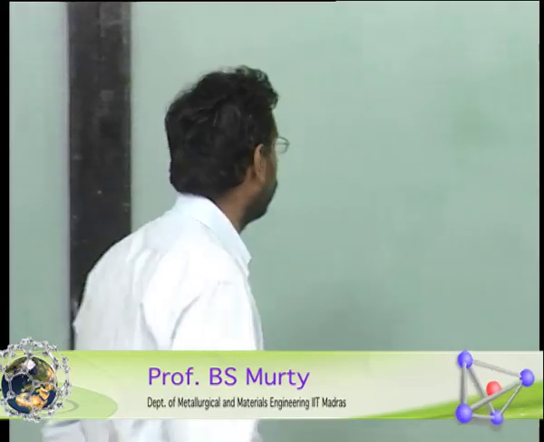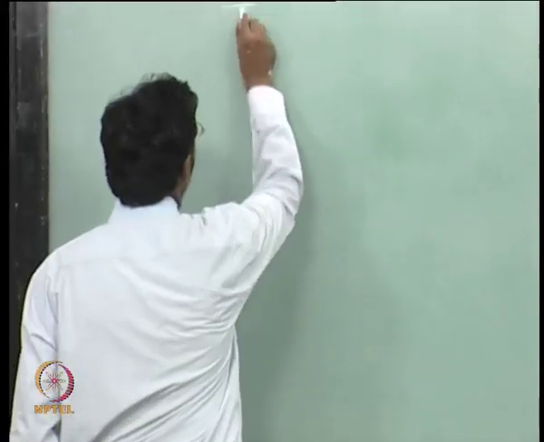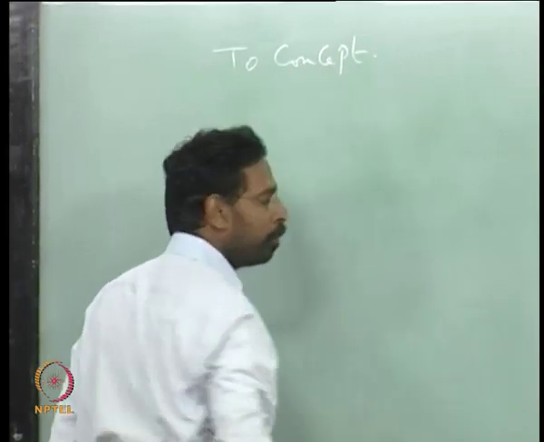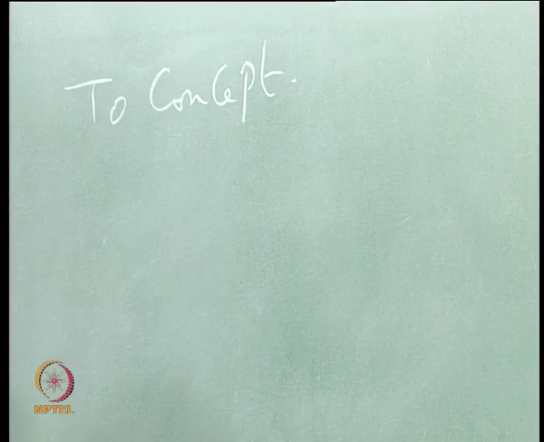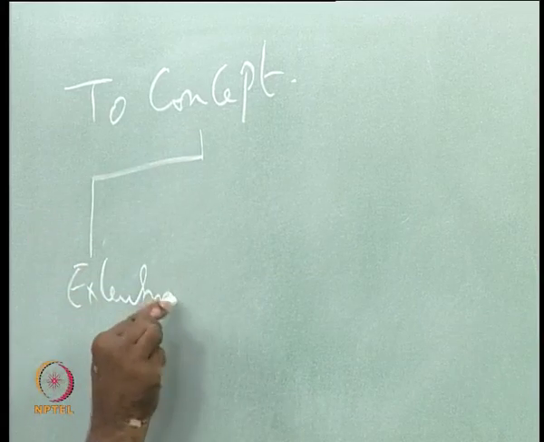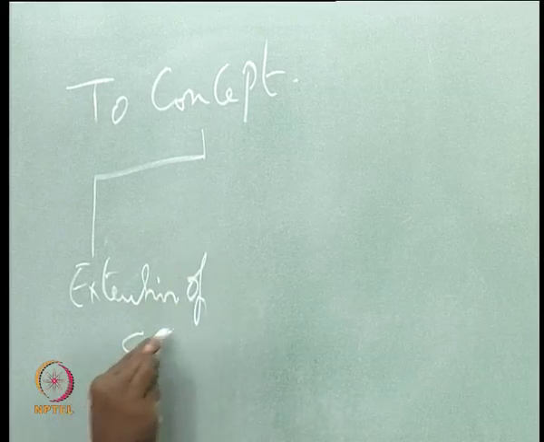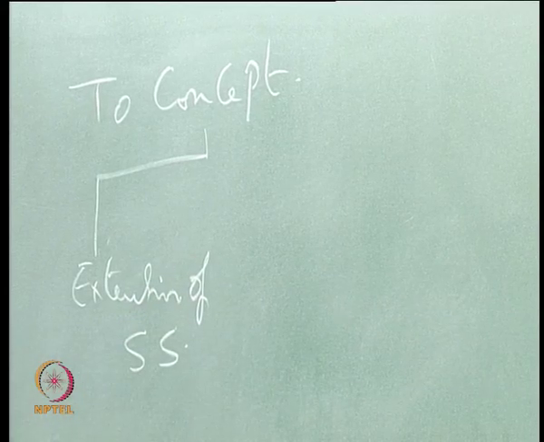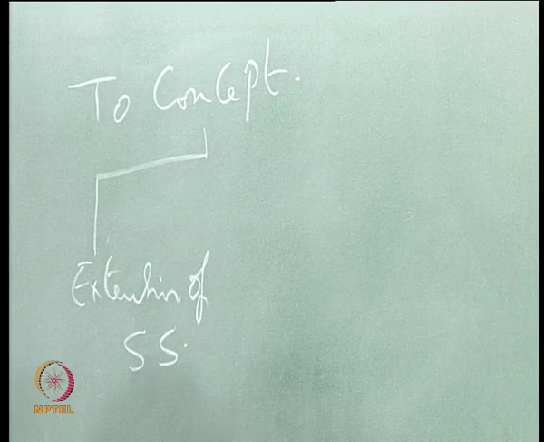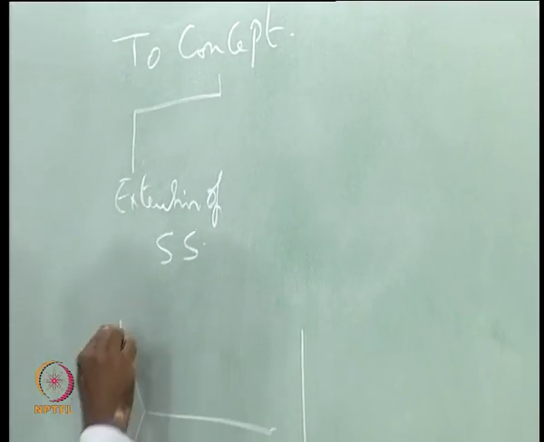We will continue where we left off last class, and we were talking about glass formation. We basically talked about the T naught concept. The T naught concept basically gives two things. One, what is called extension of solid solubility. As you can see, if you choose any composition, for example, if I redraw this